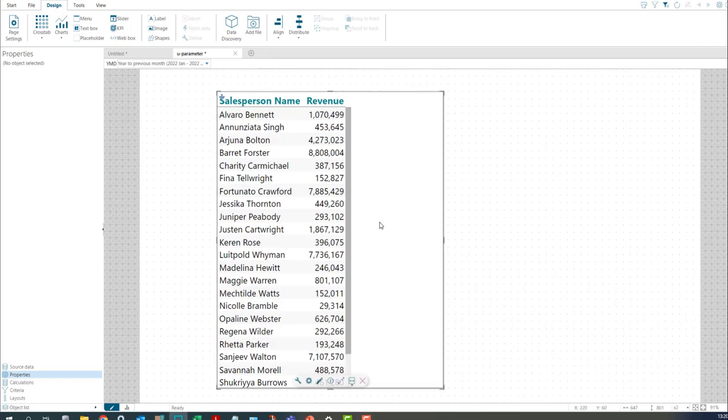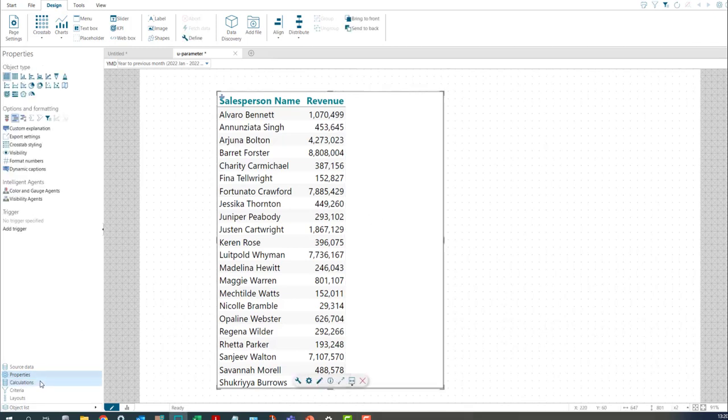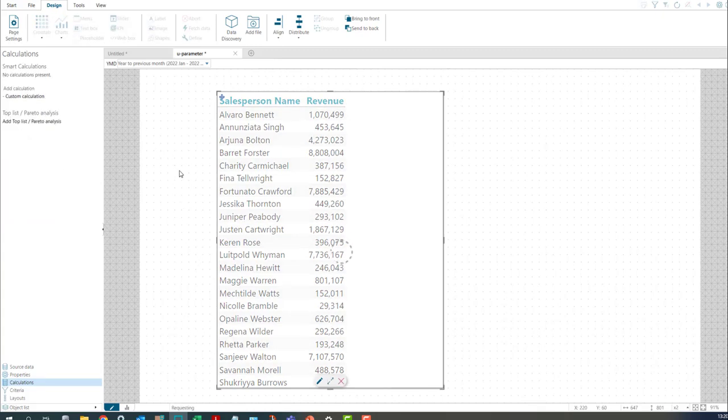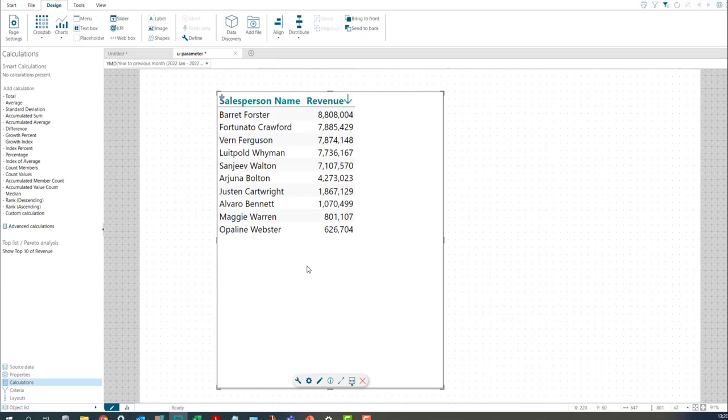We can't do it like this. Select the table, go to calculations, and add a top 10. It's really fast, it's really nice. But now we won't be able to calculate anything about the rest because they are not known to Target. They're not part of this list in any way. So even though it was so nice and so fast, I'm going to have to take away this top list